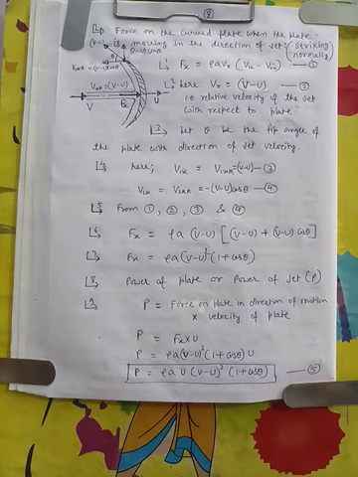Now our purpose is to find how much power is applied by the jet on the plate. The force on the plate along the x-axis, in the direction of u, is rho A (v minus u) squared (1 plus cos theta). Now simply F into u: the power of the plate is the force on the plate in the direction of motion into the velocity of the plate, Fx into u. That is rho A (v minus u) squared (1 plus cos theta) into u. So finally, rho A u (v minus u) squared (1 plus cos theta).